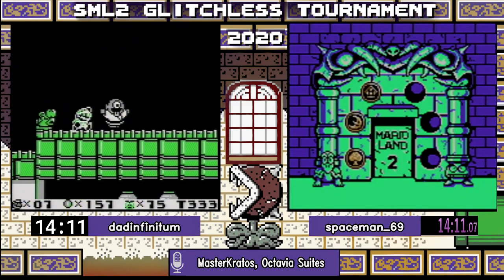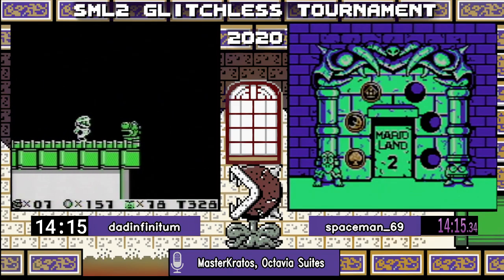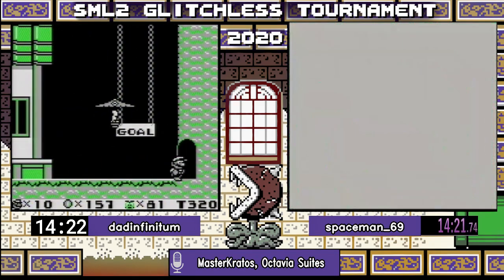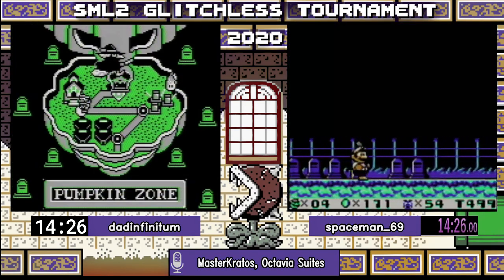Spaceman scooping up that 3rd coin, bringing him closer to Dad here, as he's going to head off to Pumpkin Zone to start his journey there. And Dad finishes off small in Pumpkin 2, which is going to be a slight setback, but there are a few